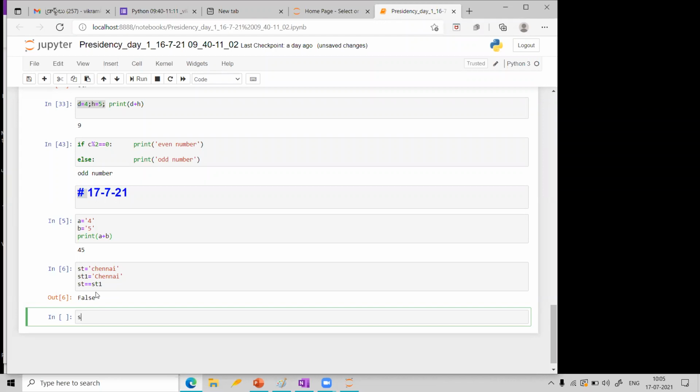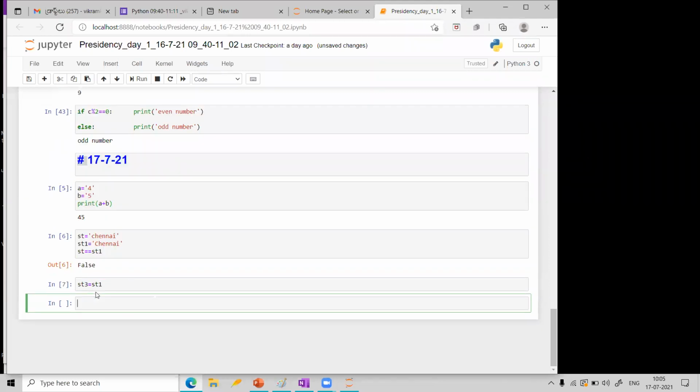Suppose, let me give one more thing. st3 is equal to st1. So I am telling st3 is equal to st1. Now I will again check st1 double equal to st3. Now if I run this, what will be the answer? I have copied st1 into st3, right?